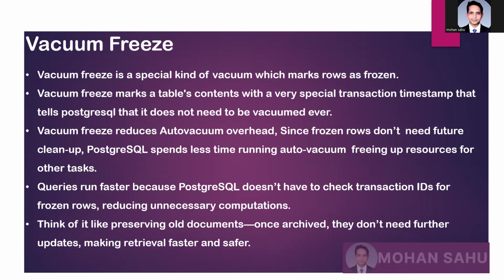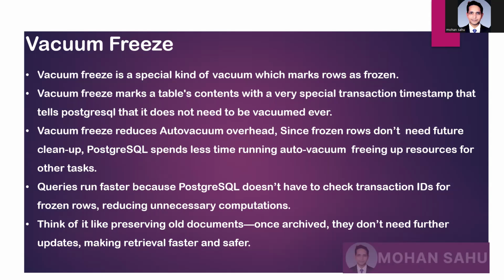We are not making any changes. So if the vacuum will run, auto vacuum will run, it will scan all those 100 million rows. It will take a lot of time. Instead, if we freeze those 90 million rows, then it will not scan them. So vacuuming will be faster, and we will be using very few resources as compared to the whole